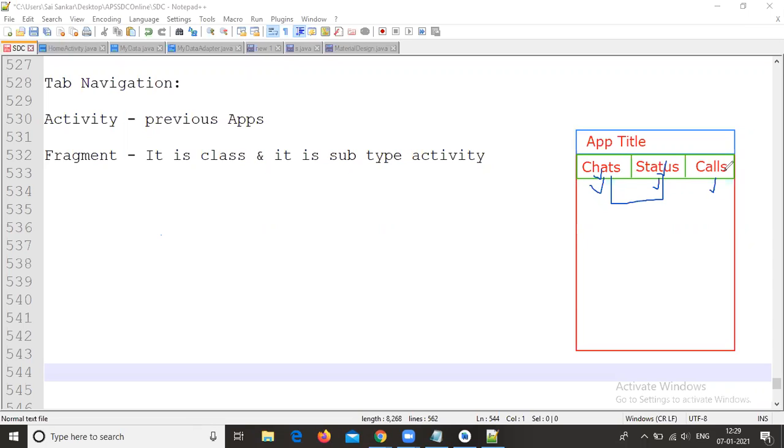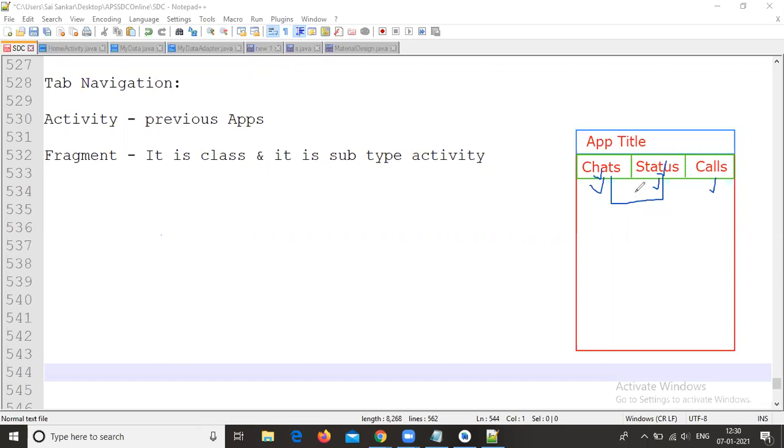This is the app requirement. The same functionality is applicable in fragments, but it is not applicable in activities. If you create activities, all activities are in active state in the background, but fragments don't work like that.